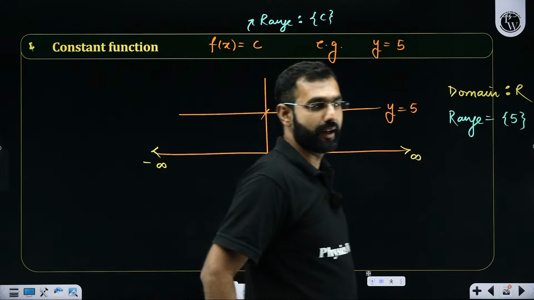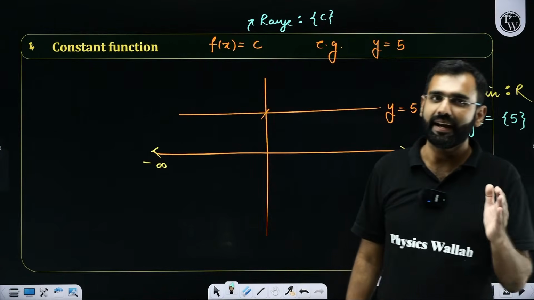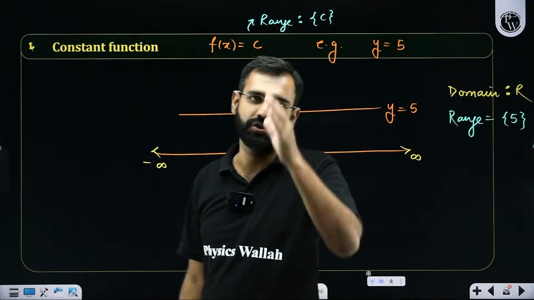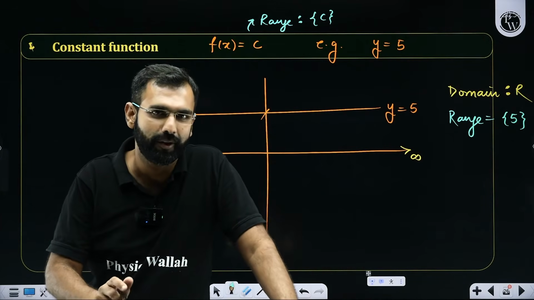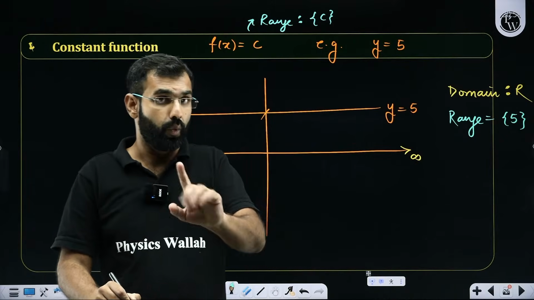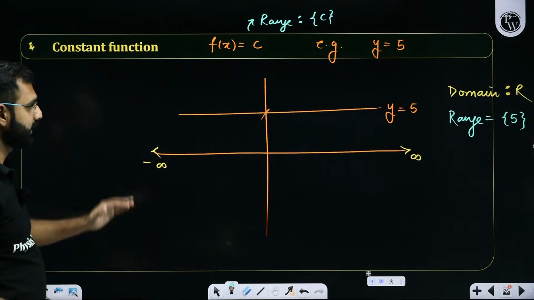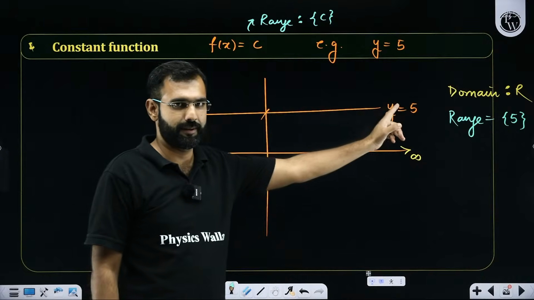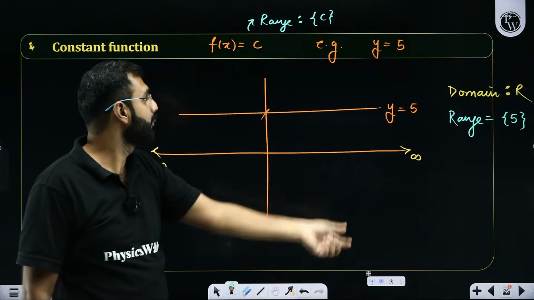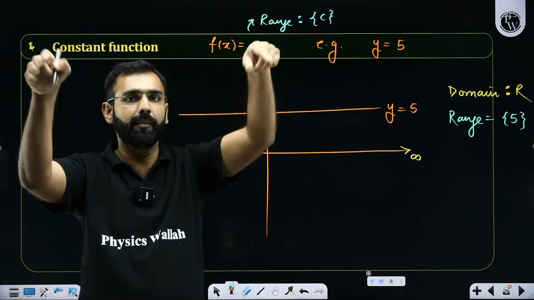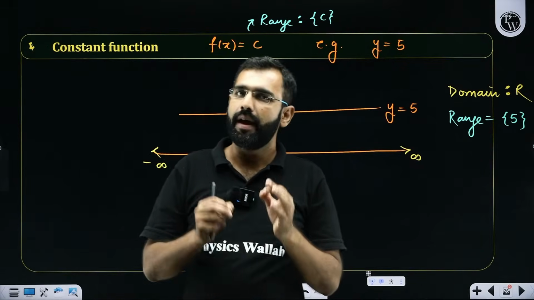Absolutely. Output is the same regardless of input. Exactly, Raj. That's a very good observation. Very good. Everybody noticed it. Yes or no? One more thing you all must understand is that input can be anything. Output is fixed. And if there is exactly and only one output, instead of using an open or closed interval, I'll be using the concept of set theory, curly brackets, because exactly one element is there.